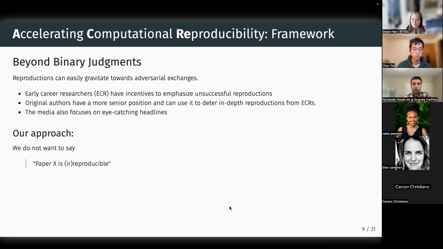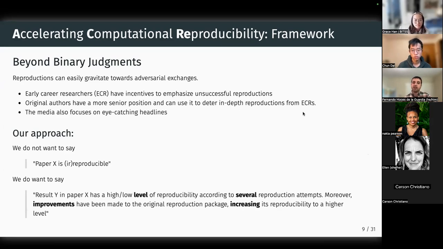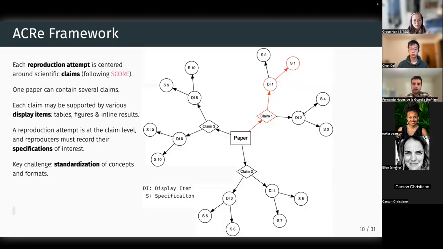So we don't want to say something along the lines of paper X is reproducible or irreproducible. We do want to say something closer to a specific result has a level of reproducibility that has been uncovered by several reproduction attempts. And also we can record how this reproducibility has been improved over time. And with that, basically, we build this ACARE framework, the Accelerating Computational Reproducibility Framework, where we try to move